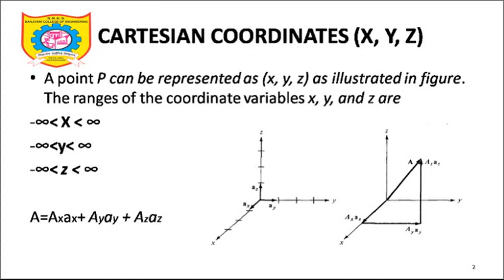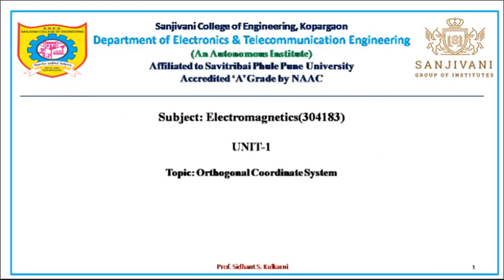The meaning of orthogonal coordinate system is that when we find the angle between any two axes, it is 90 degrees, this is 90 degrees, and this is also 90 degrees. So the angle between any two axes you take is exactly equal to 90 degrees. Now the orthogonal coordinate system plays an important role. Once we know that the angle between two axes is 90 degrees, x and y, y and z, z and x, then we'll try to understand what we need to understand for plotting a point.